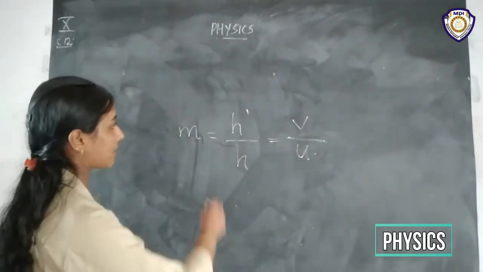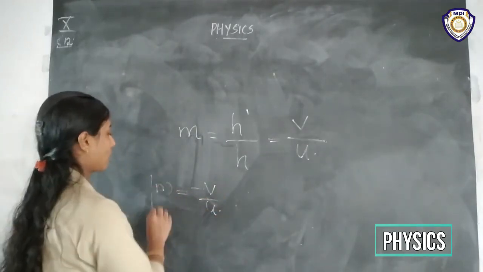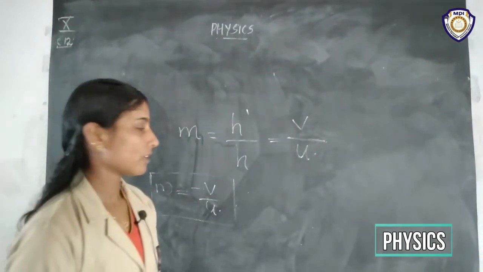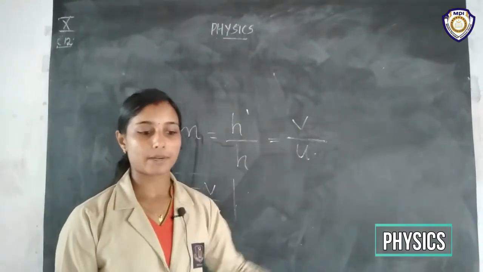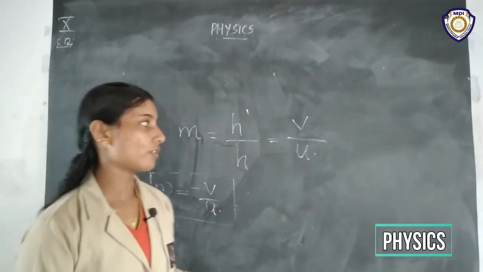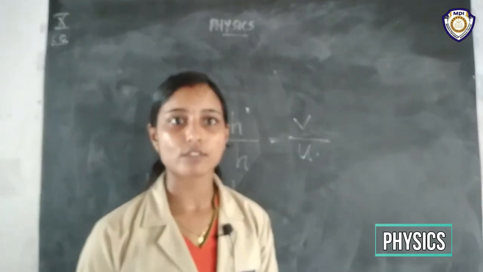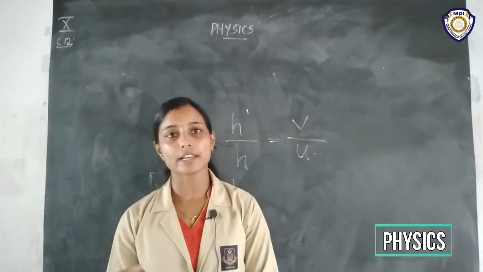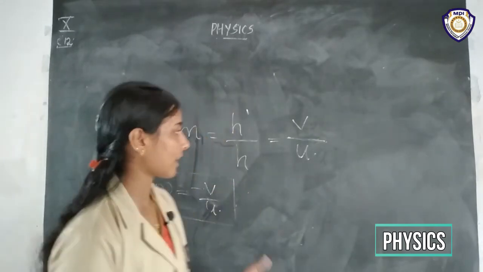And in the case of spherical mirrors, we have m is equal to minus v by u. So don't get confused with these two formulas, right? You should study your mirror part separately and the lens part separately, so you will not get confused. Otherwise you might get confused with these formulas and also the converging and diverging actions of lenses and mirrors. So study the lens part separately and the mirror part separately. So that is magnification.